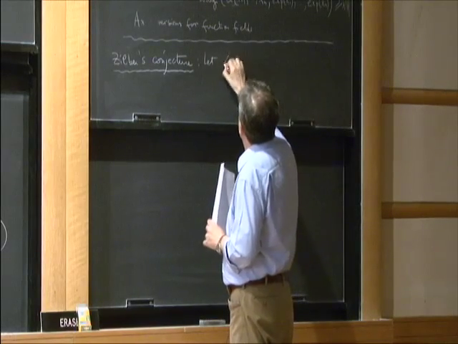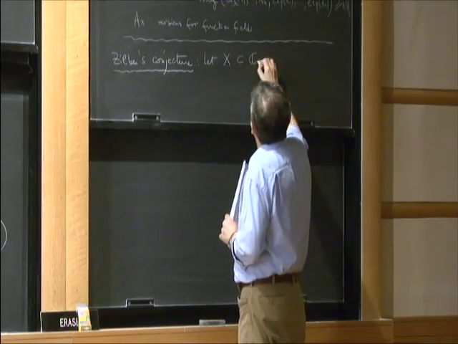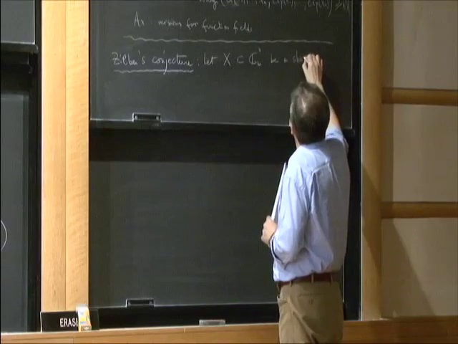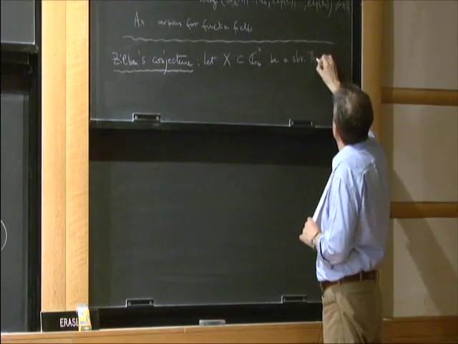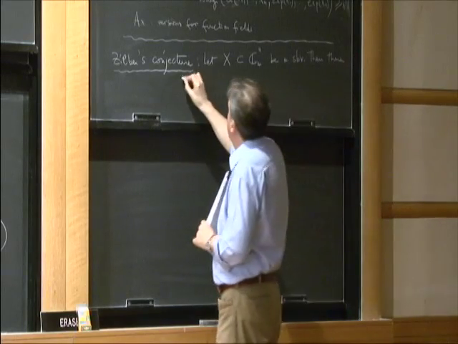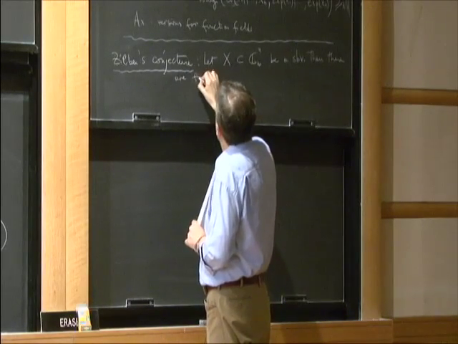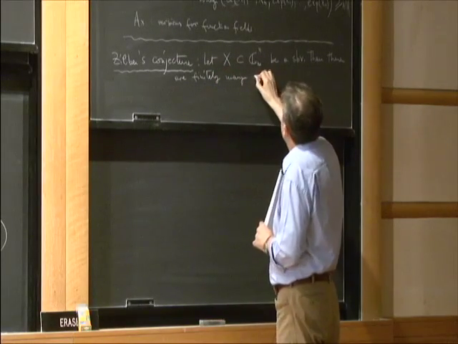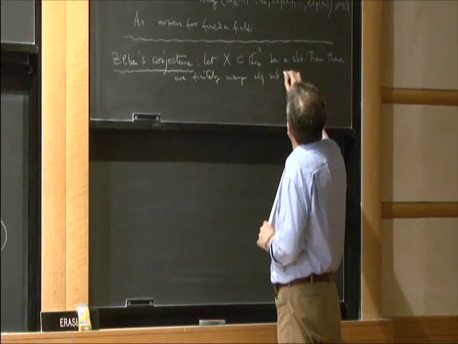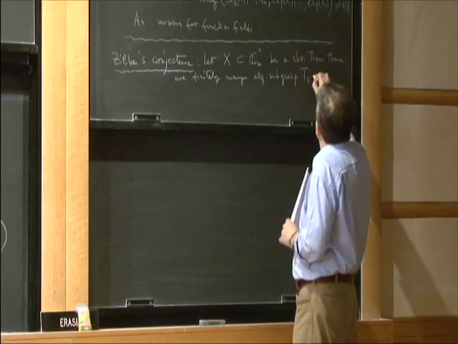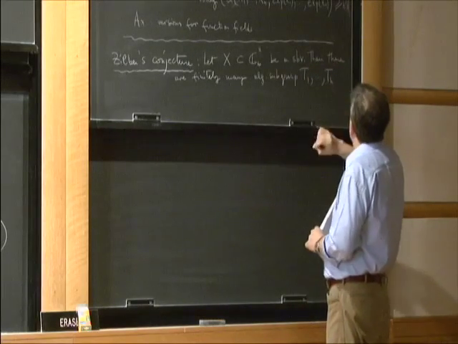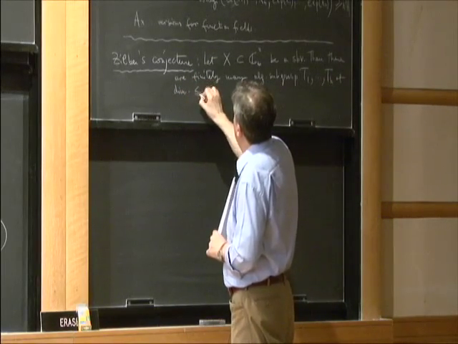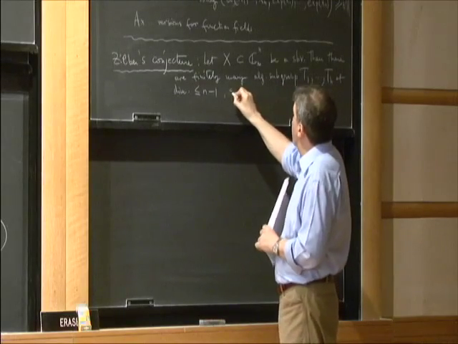So let X be a subvariety. Then there are finitely many algebraic subgroups of dimension at most n minus 1, such that